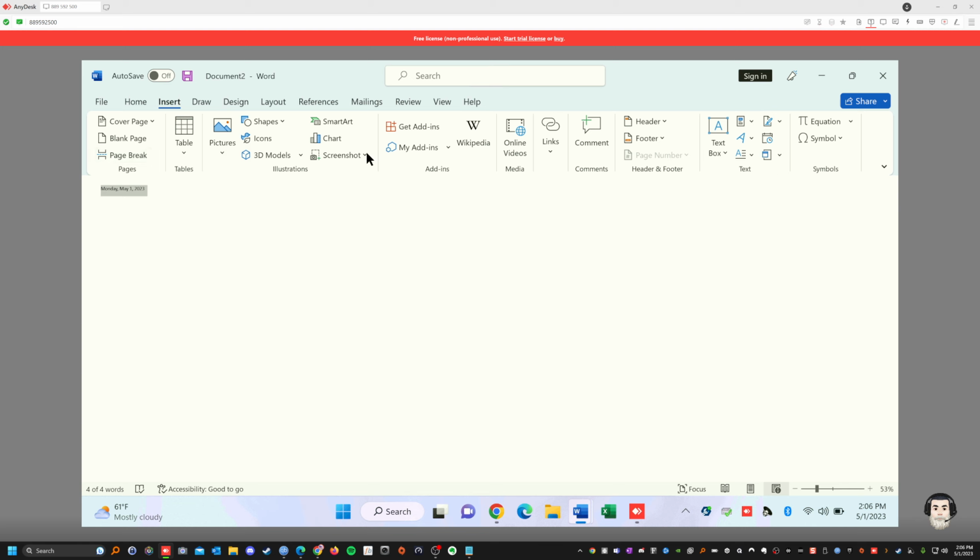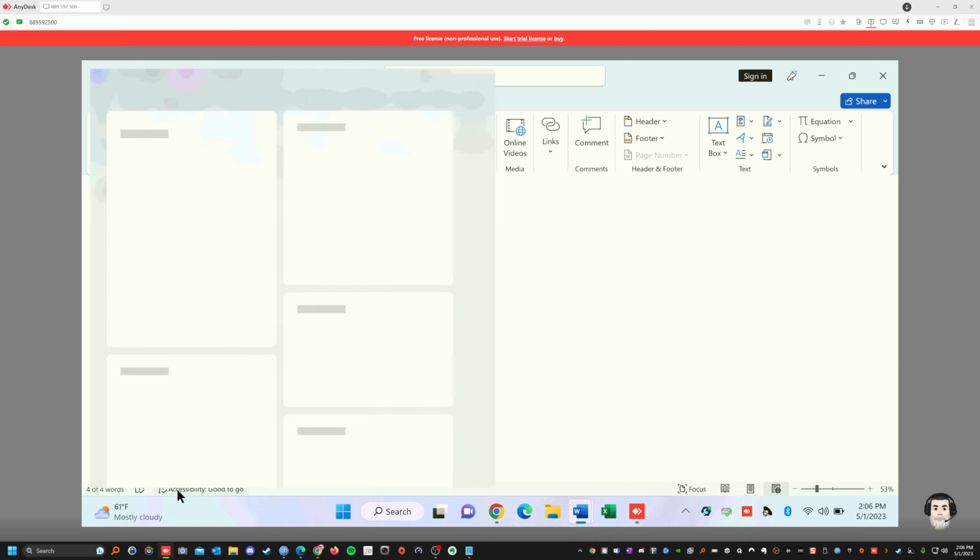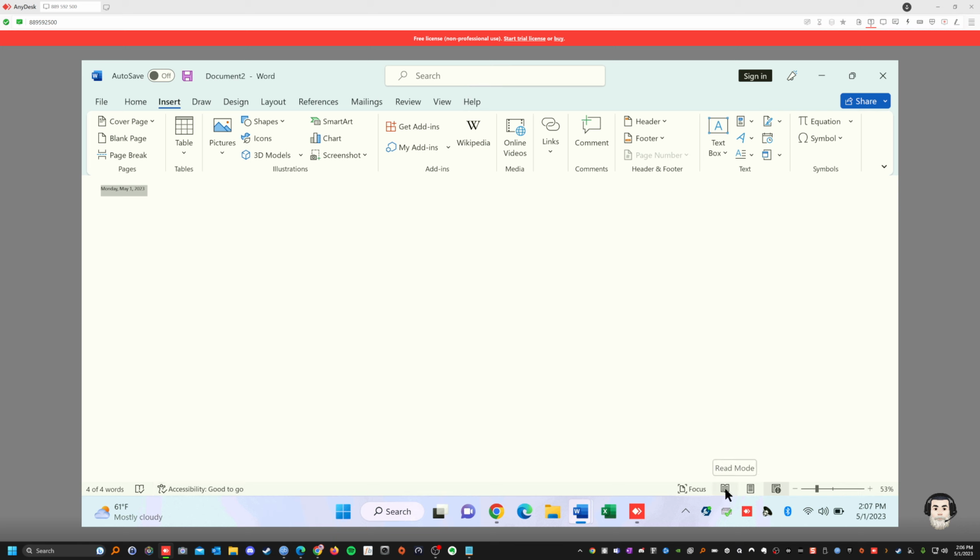Okay, this is if you want to insert a document, an icon, a picture, a header, a footer, a Wikipedia article, a link, a video, a symbol, a text box. Or insert a page, insert a blank page, or you break the page. Okay? Keep in mind, always below. You could focus it. You could use read mode, which is for 2 pages. You could do a singular print layout if you want to see how it looks on the printer when you print it out on a piece of paper, or you want to see how it looks on a website. And this is the zooming. You can make it smaller, bigger, whatever size you want. So that would be for insert.